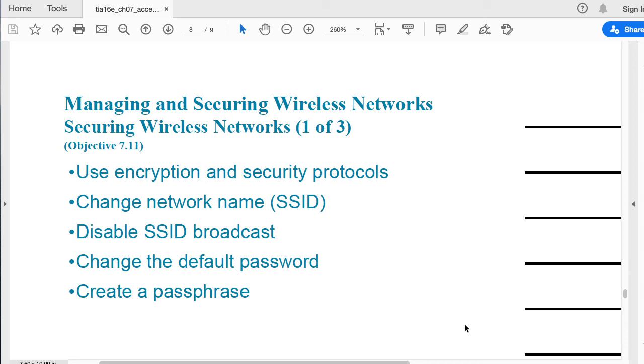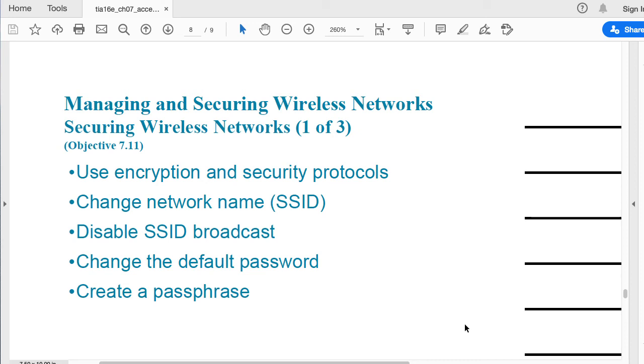Now, regarding wireless network security, keep in mind that you have to use encryption and security protocols. Nowadays, there are still people that use WEP or WPA encryption standards. No, don't. You have to use WPA2 at least. It's common to see people using WPA2 personal at home. That's fine.